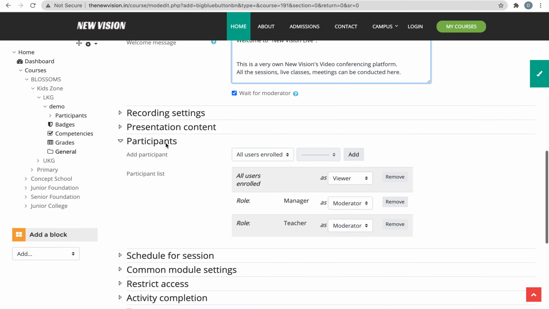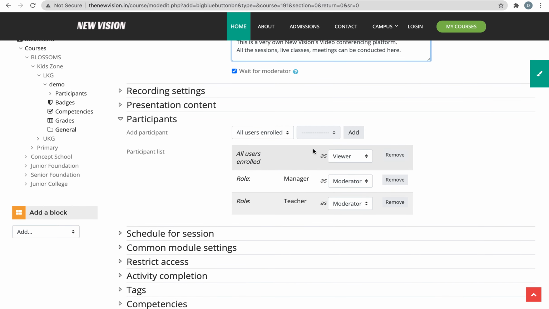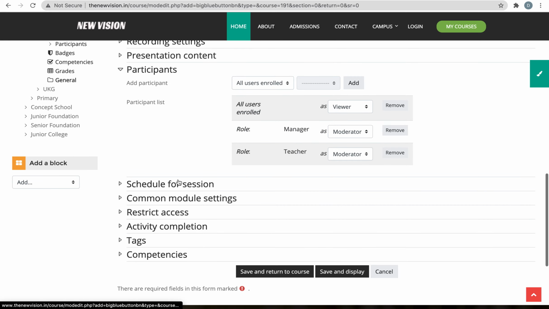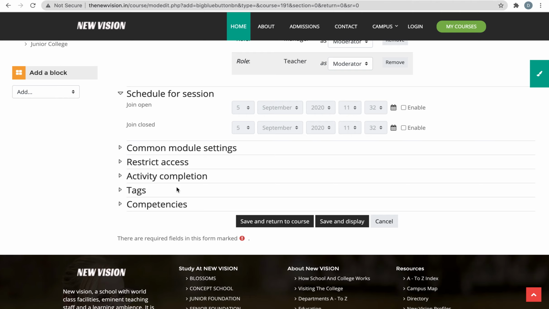Come down to participants. By default these settings must be there. Please ensure all these three are present. Then go for the schedule for session. This is where you are scheduling the session.